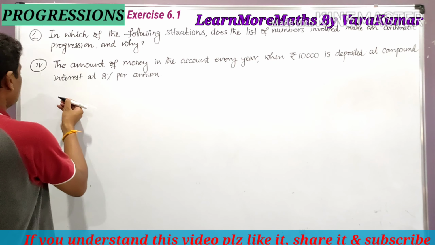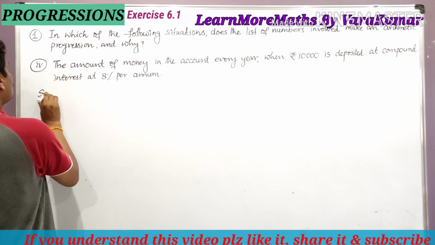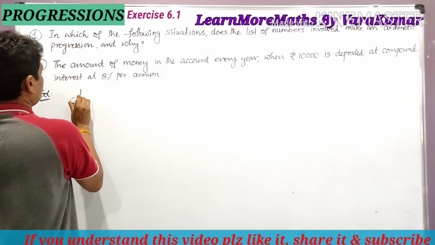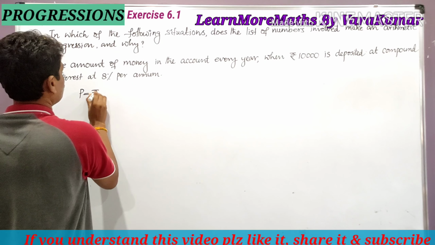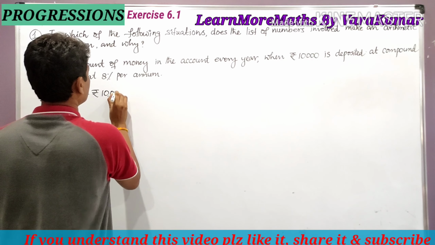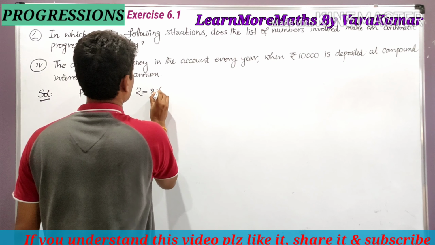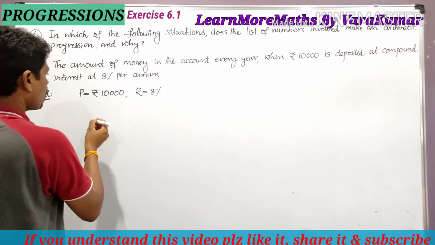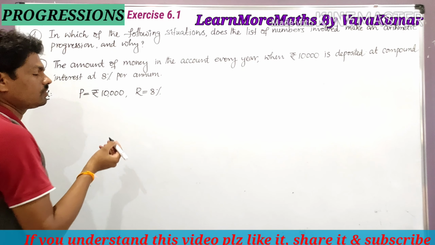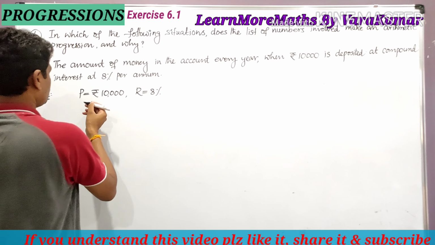So student, here the principal amount is rupees 10,000. It is denoted by P. P is equal to 10,000. R is equal to 8%. So we have compound interest. Amount is equal to